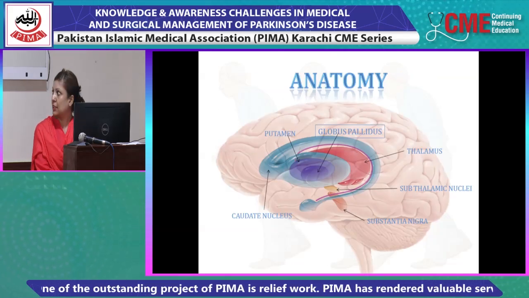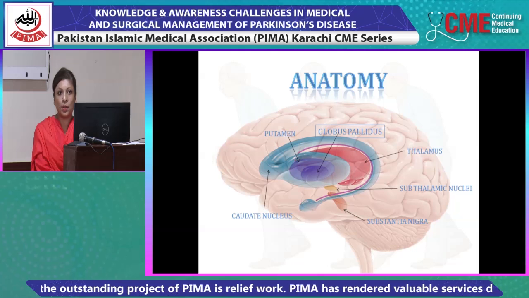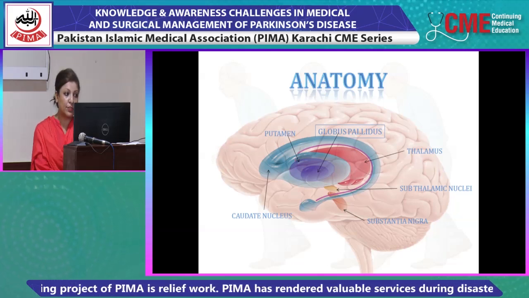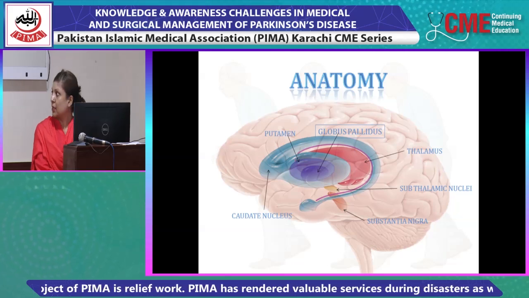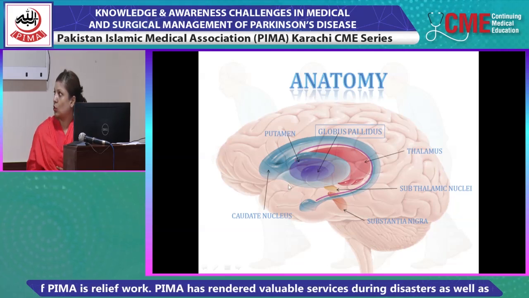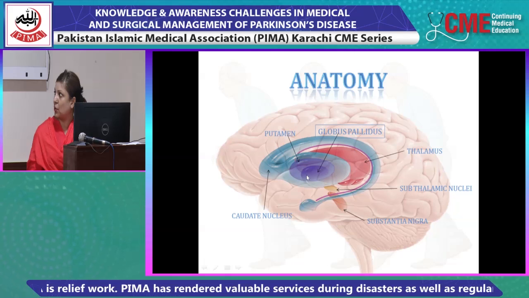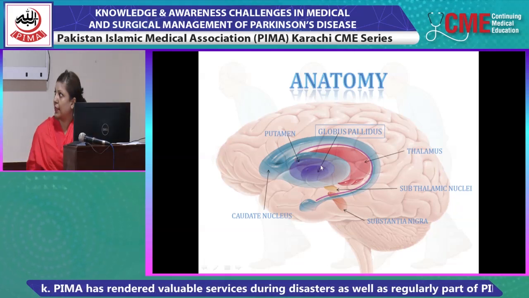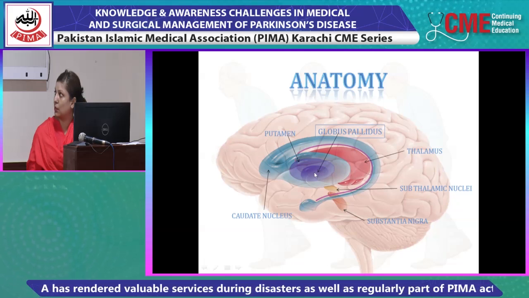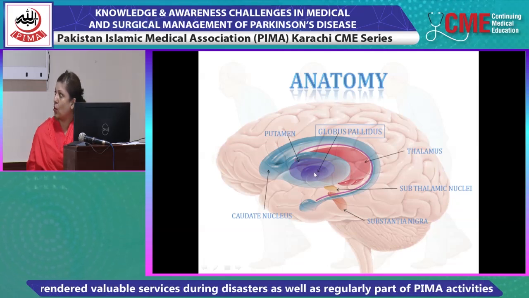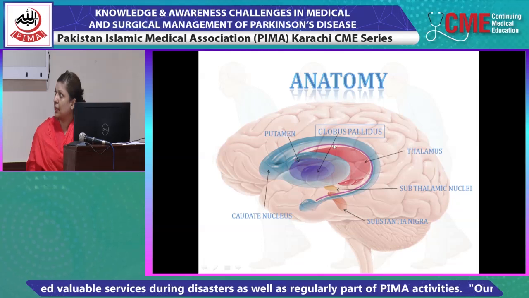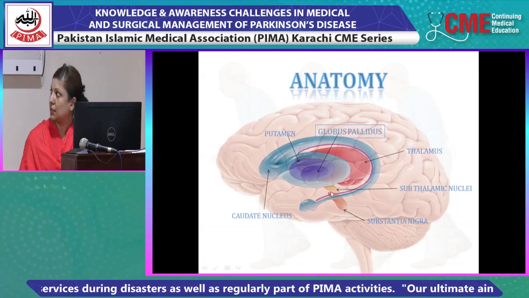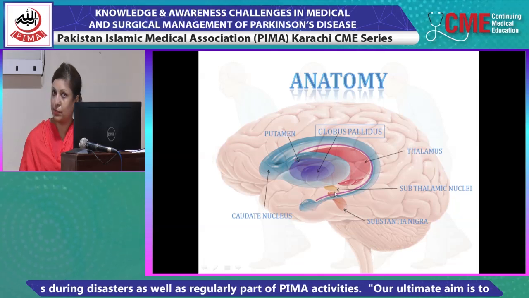So this picture shows the anatomy of all the ganglia that make a part of the basal ganglia complex. Over here, this is a large caudate nucleus. Just medial to it is putamen, followed by globus pallidus. This is the most important output pathway of basal ganglia, and medial to it is thalamus. Over here, this is the substantia nigra, the main modulator for the movement of basal ganglia.